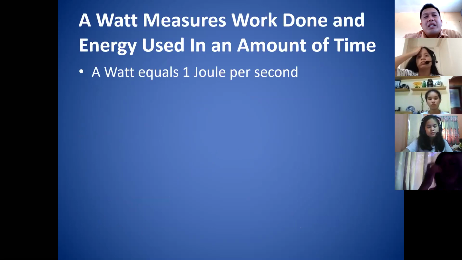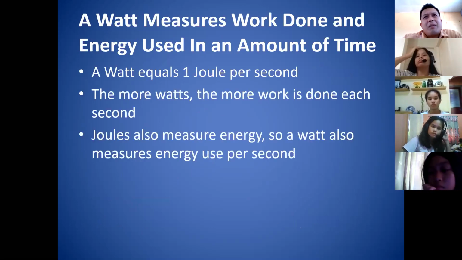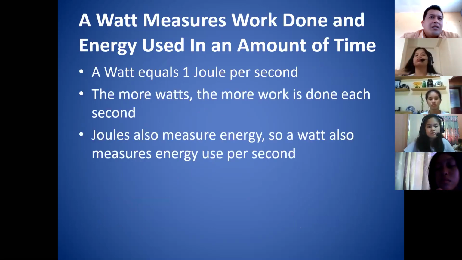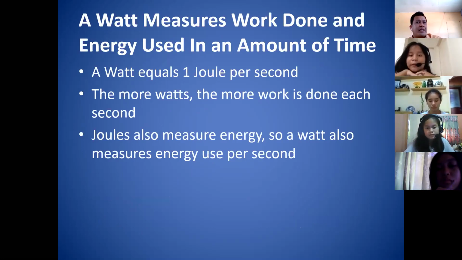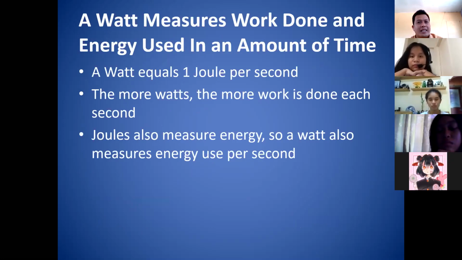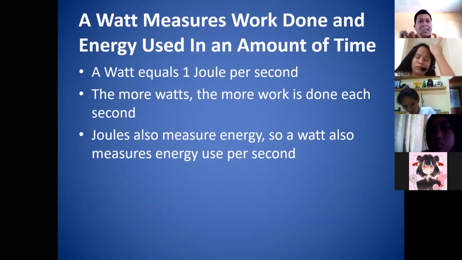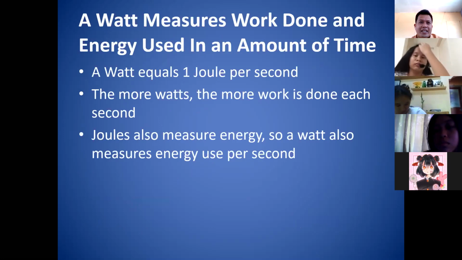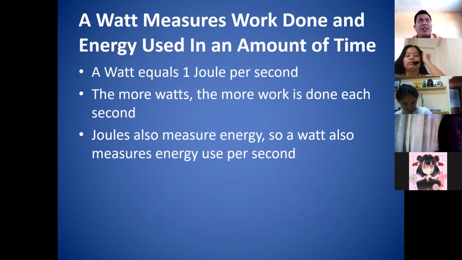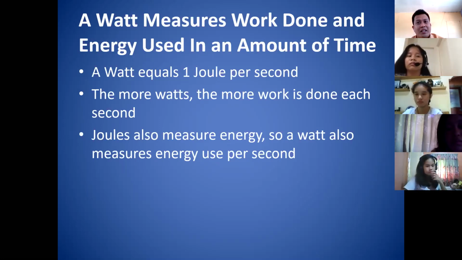Perhaps we will not deal more with this slide since it's talking about energy. So joules is also the measure of energy, as I mentioned a while ago. So a watt is energy used per second. Example, in your house, if your light bulb is 5 watts, it consumes 5 joules of energy per second. If you turn on your light bulb, which has the power of 10 watts, in every second that it was turned on, it uses an energy of 10 joules.